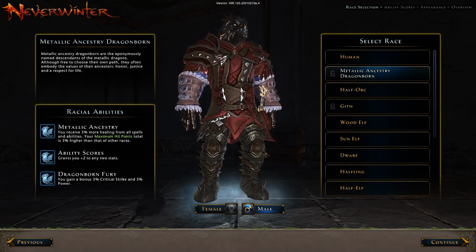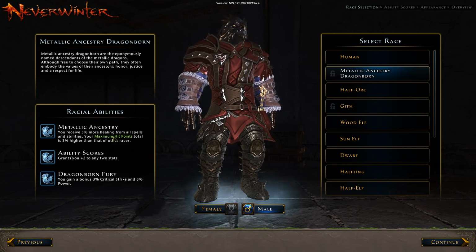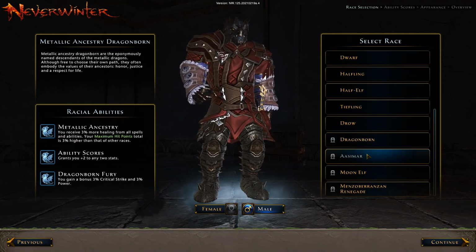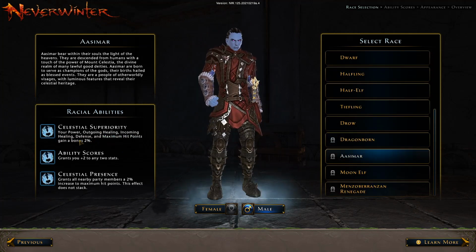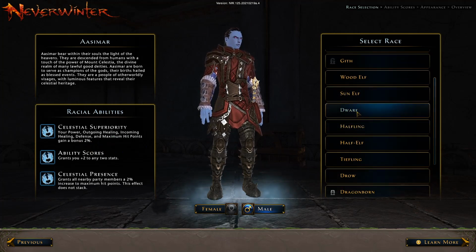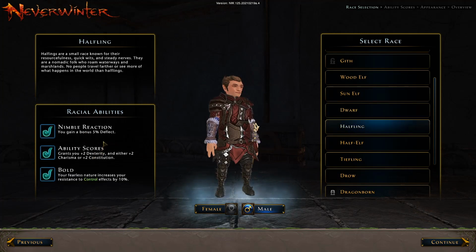Now we move on to tanks. How does this sum up for a tank? Well, it mainly just gives you that 3% to incoming healing and that 3% to your maximum hit points. No other race gives you that huge increase to your hit points. The other contender is the Aasimar giving you that 2% to hit points, and then you have other races that give defense buffs. Like you have the Dwarf giving you 5% defense, you have the Halfling giving you 5% deflect,